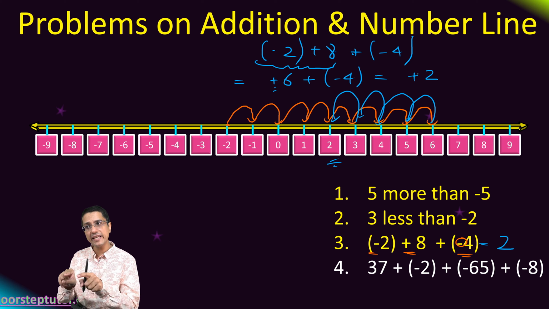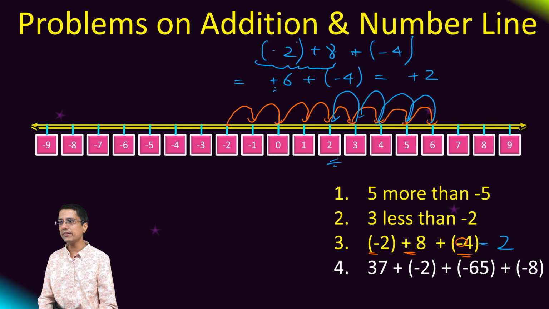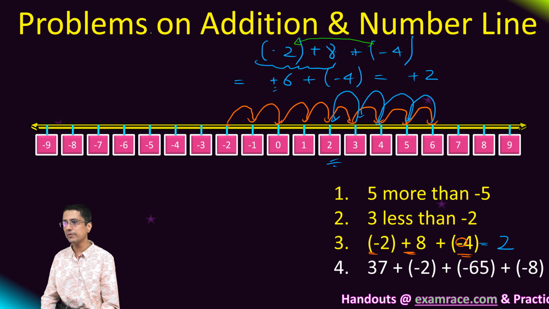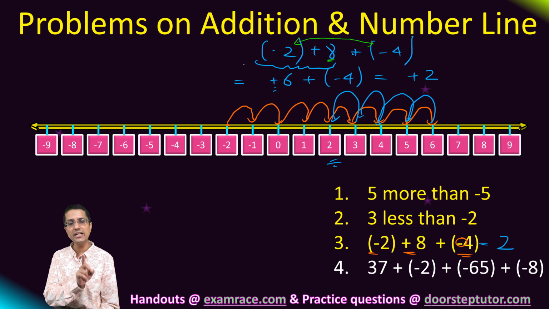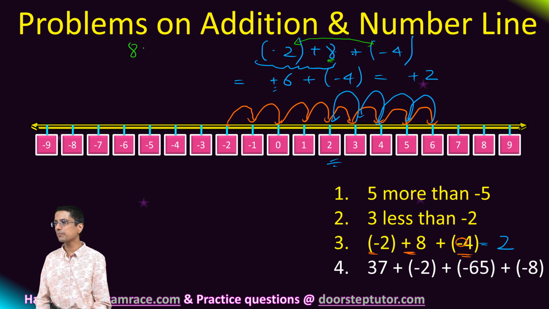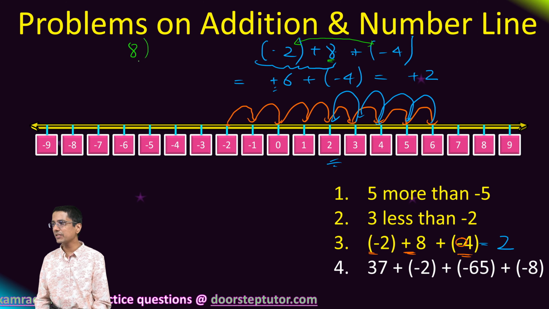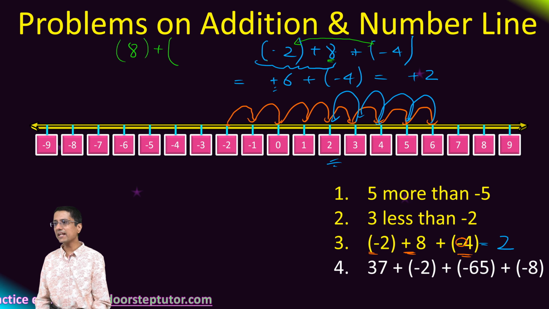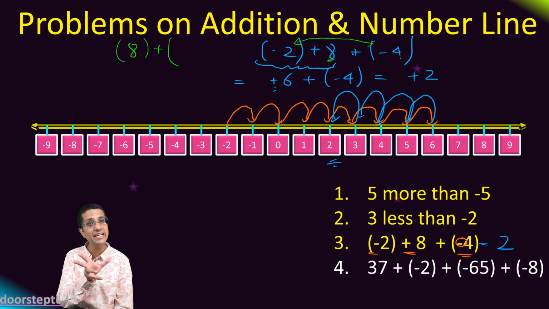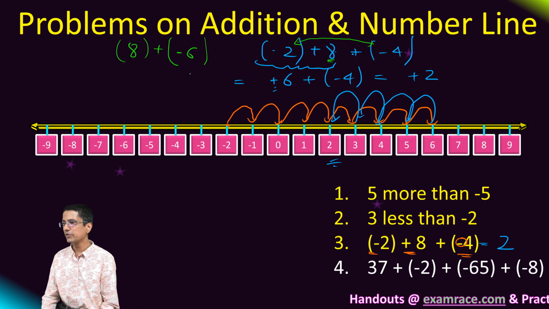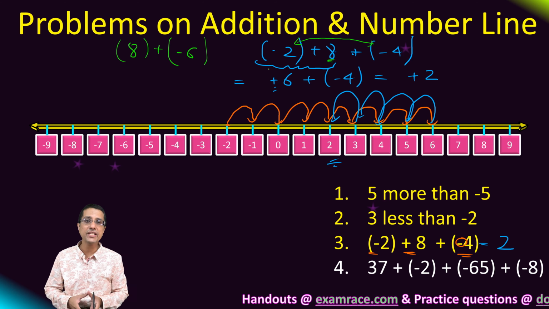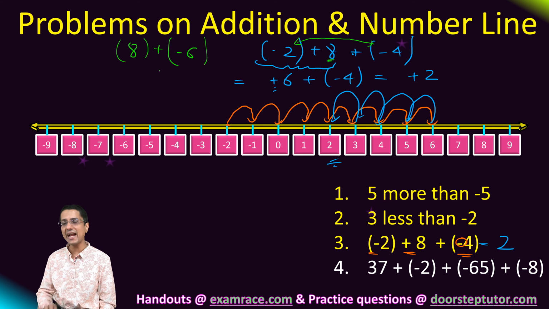Another way to do the same addition was to actually just combine these two negative terms directly. So simply I would just bring this positive term, this +8. There was only one number which was positive, that was +8. I just write it separately and then I add these two negative terms first. So I'll get 4 + 2, 6. And of course, because they were negative to begin with, they will remain negative. So I combine all the positive terms and I combine all the negative terms and then I add them together.